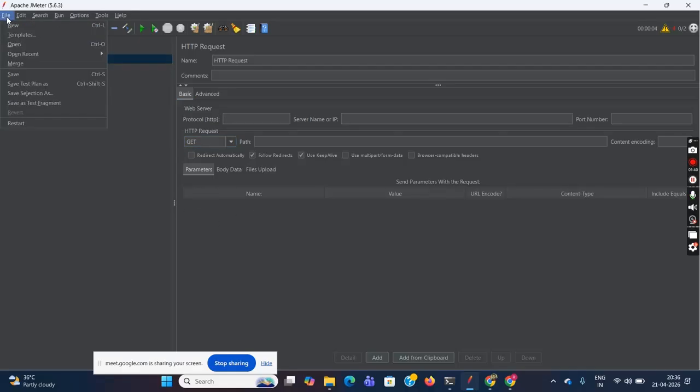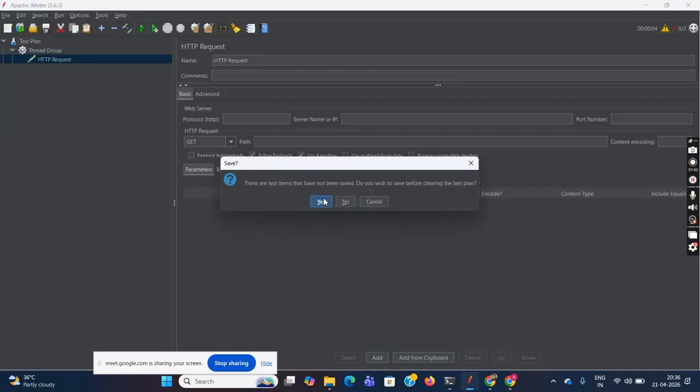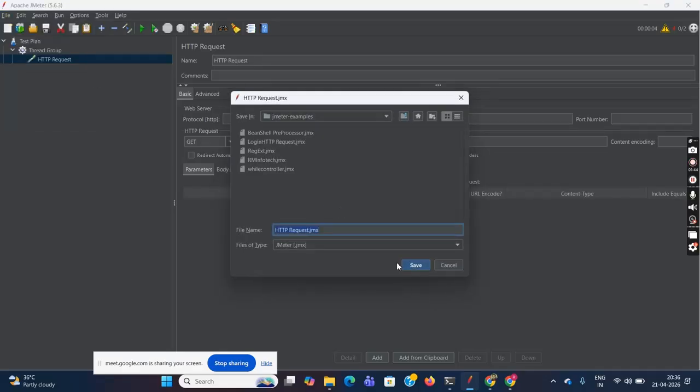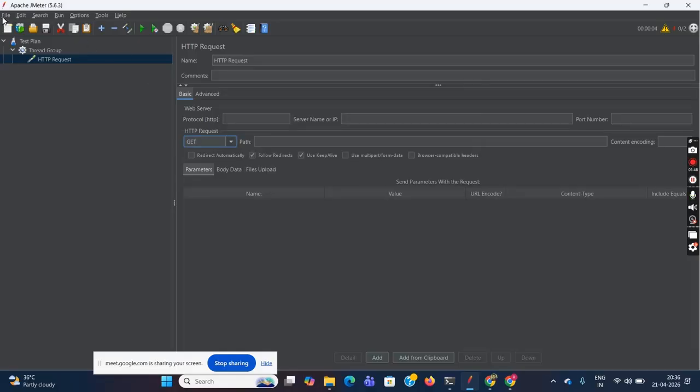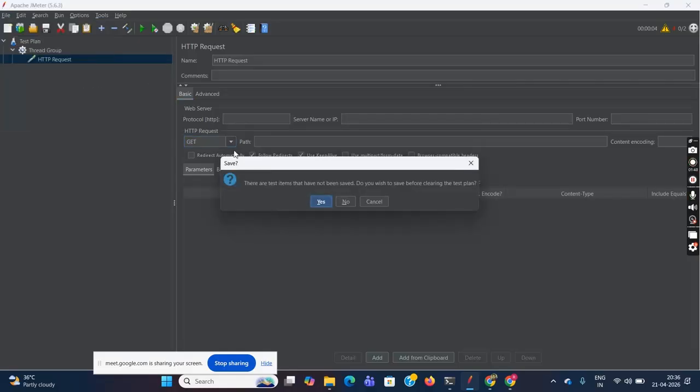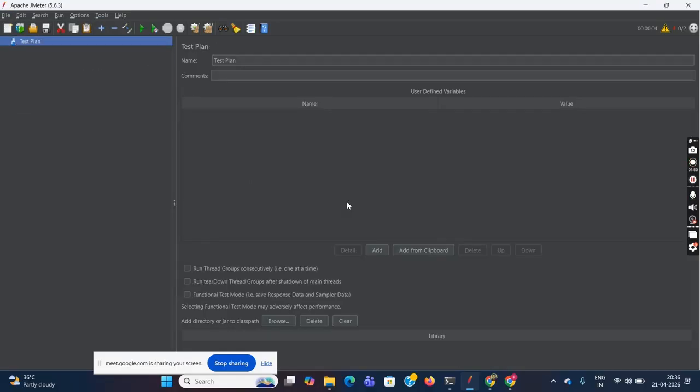So for example, now I have this test plan and I want to add the recording controller into it. So there are two ways of adding the recording controller. One is through this icon. So there is one template icon over here. So you can click on this template icon,